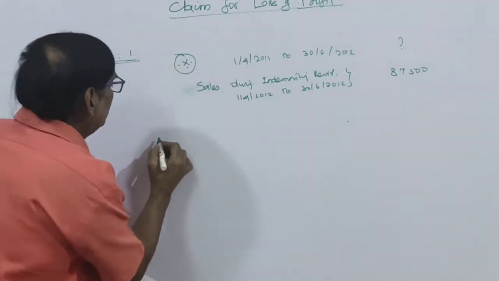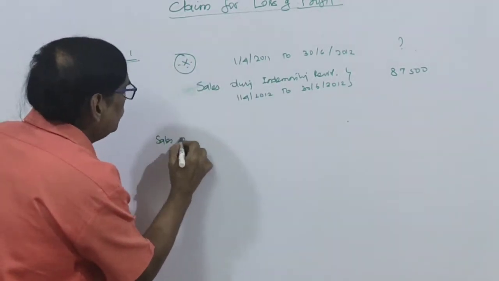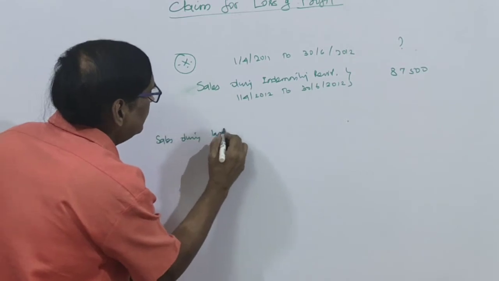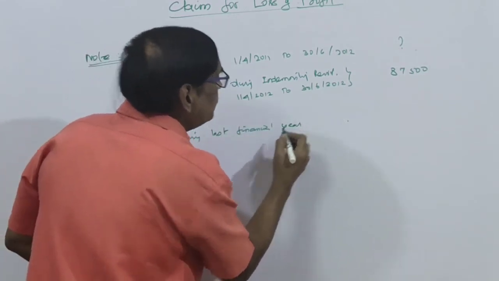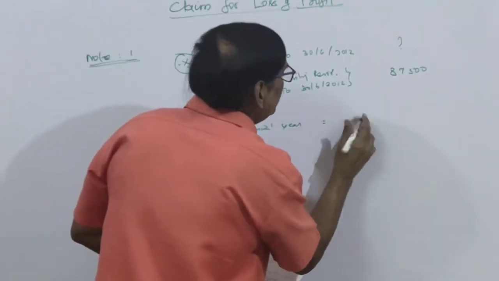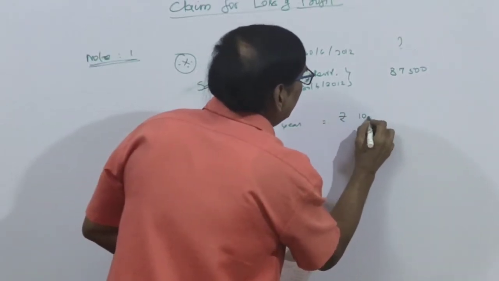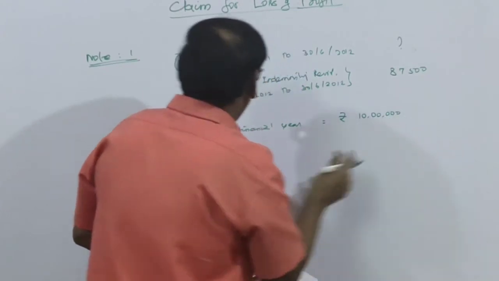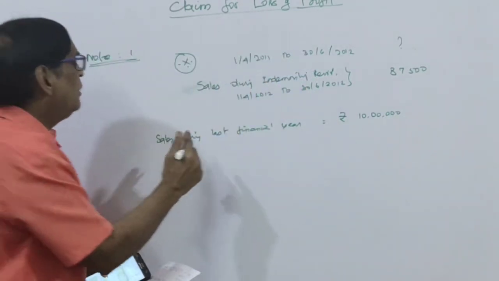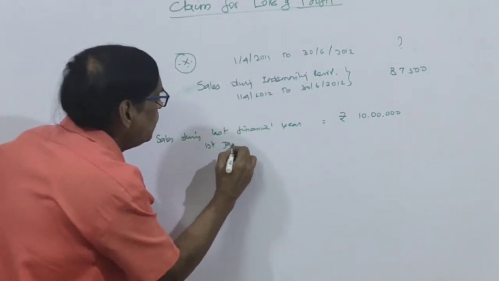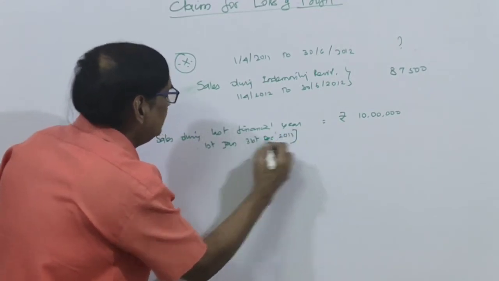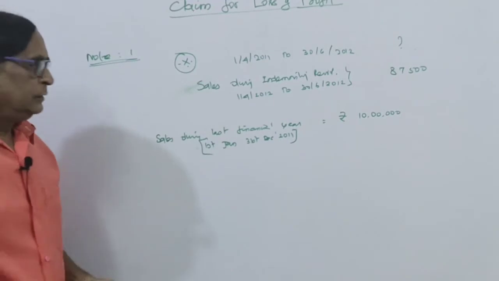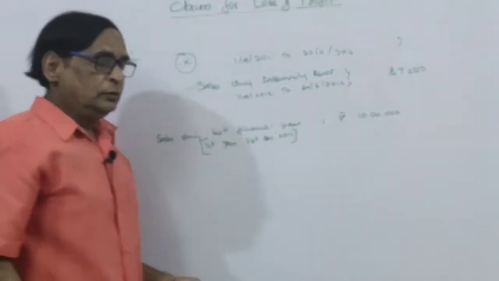We have to find out the sales during the last financial year, as per the question, is rupees 10 lakhs. The 10 lakh sales is for 1st January to 31st December 2011. Is it correct? Understand? Then